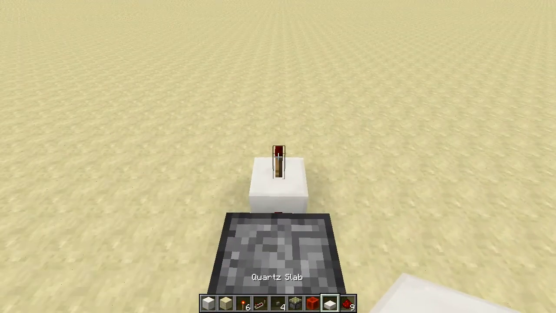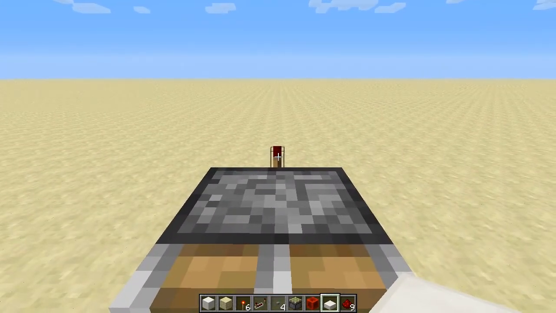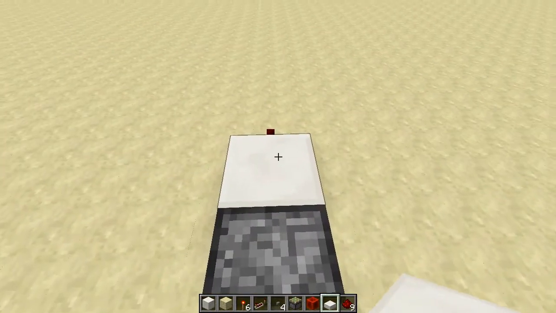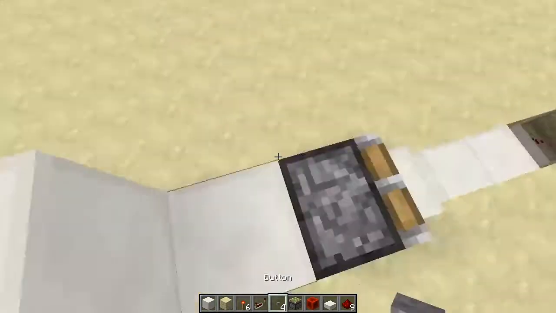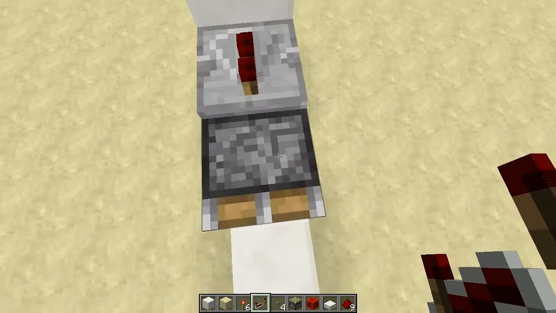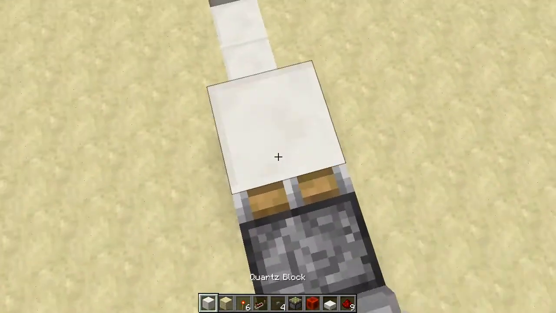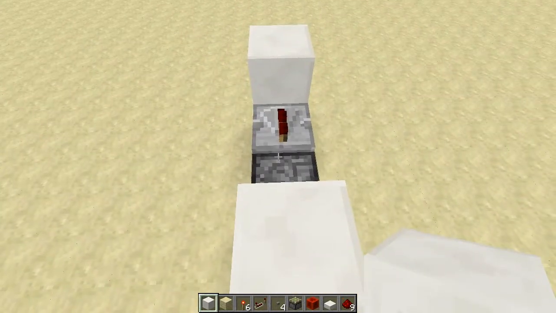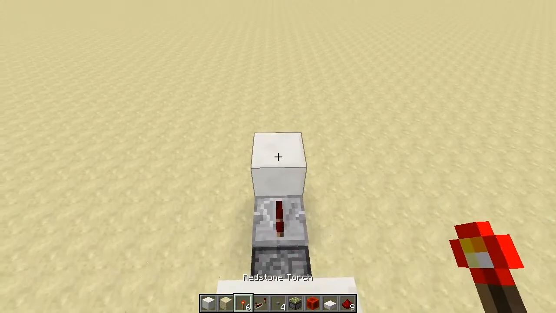We get a slab and place it against the very top of this torch here on the side where it changes colour, and it'll come out as an upside down slab, and a normal block on top of that. Repeater on the slab facing back towards the centre of the door. Place another block of door material here, and another block, and a final block, and then we'll place a torch on top of that